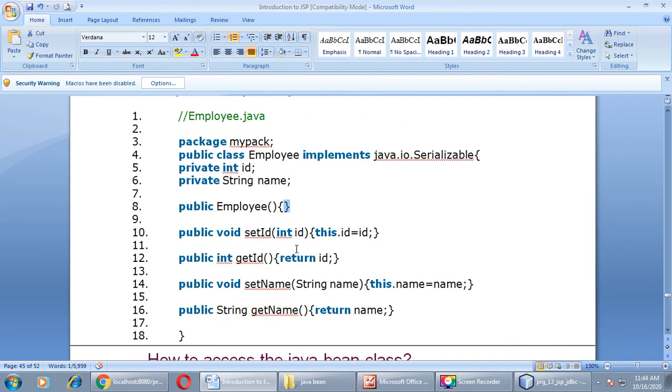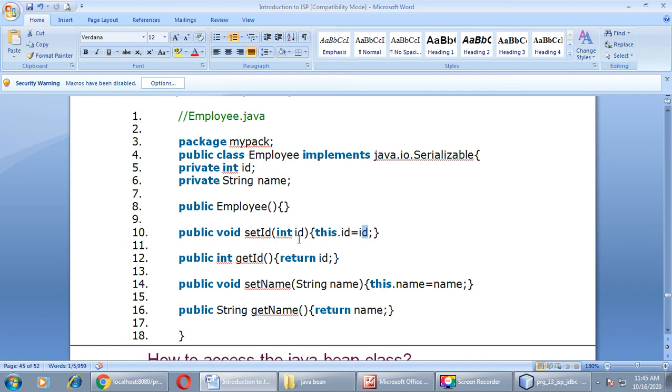setId, int id, this.id equals id. Whatever you set through your other Java class will be passed over here, and whatever parameter value comes over here, we want to assign to a local variable. The names of both the variables, the parameter name and the local variable name, are the same.